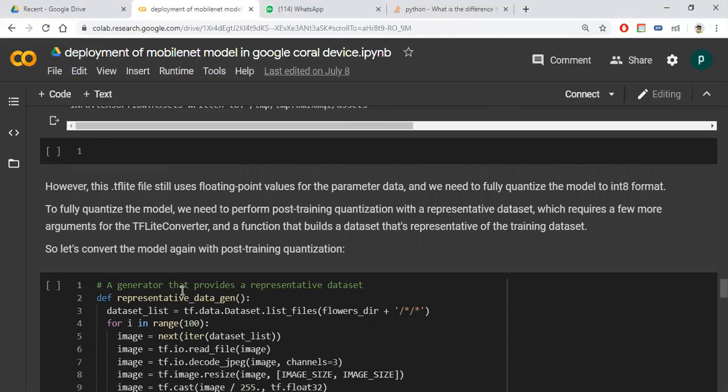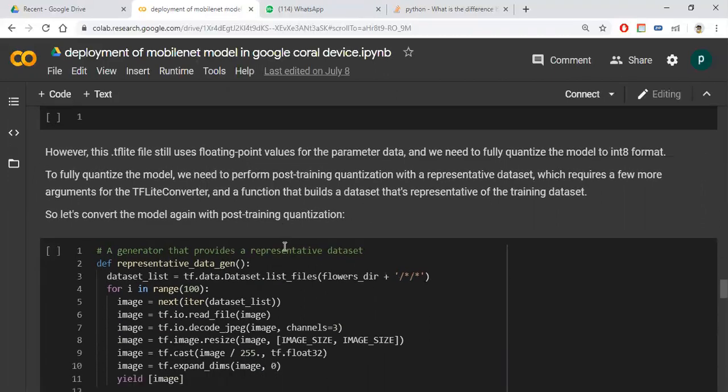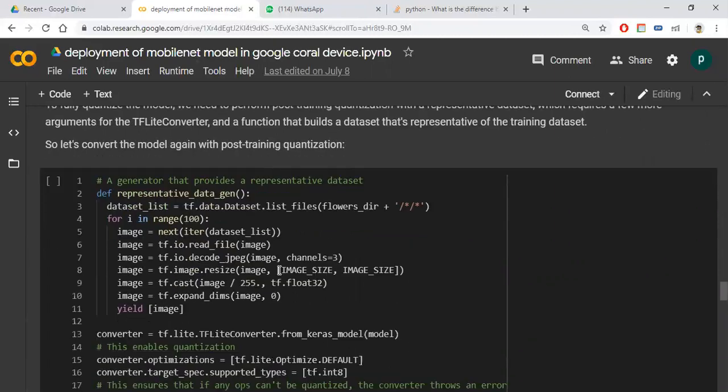If we have any floating point data in our data set, we need to reduce that floating point to integer, right? Then memory will be reduced. So I am converting the data to int8 format, from floating point to integer.